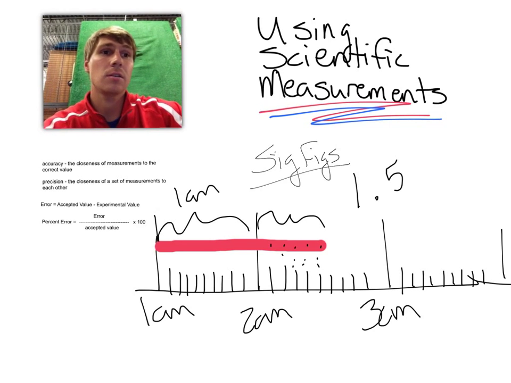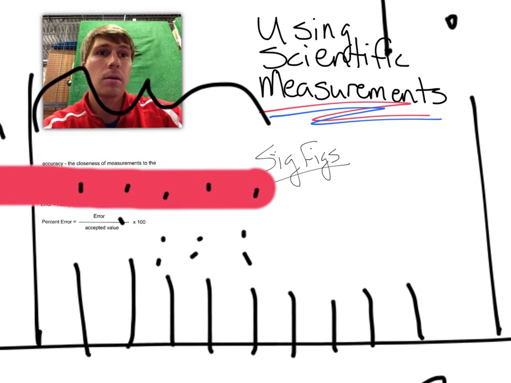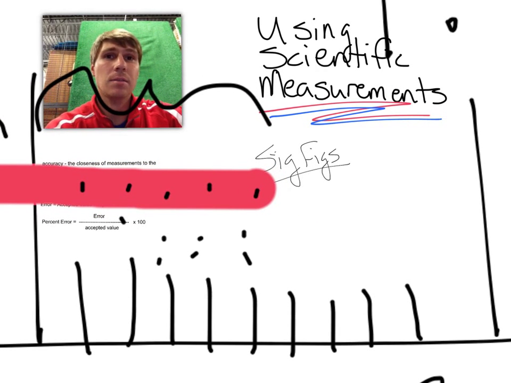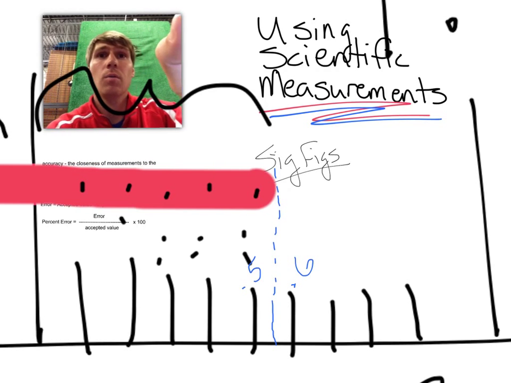Well, not quite. So here's what we're going to do. We're going to blow it way up. Alright, so now it's going to be a little bit easier to see, and we can go ahead and guess that it is about right in between 0.5, which is here, and 0.6, which is there. So our actual measurement isn't just going to be 1.5. What it's going to be is